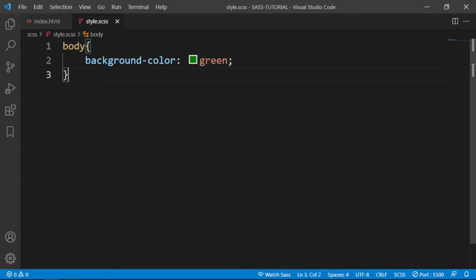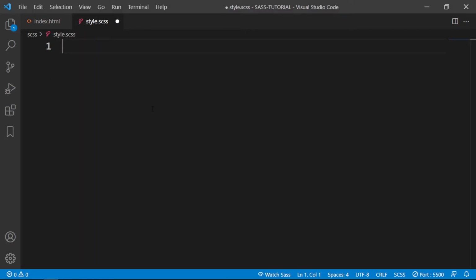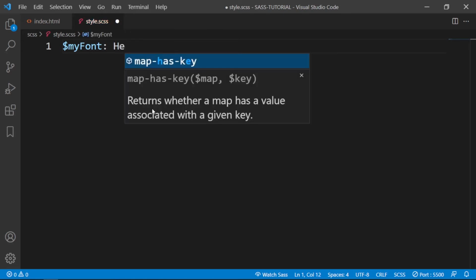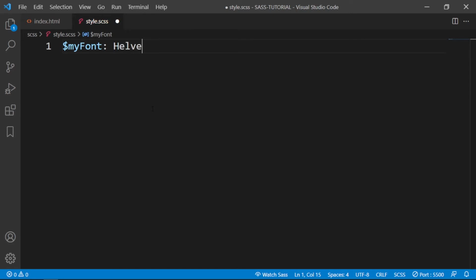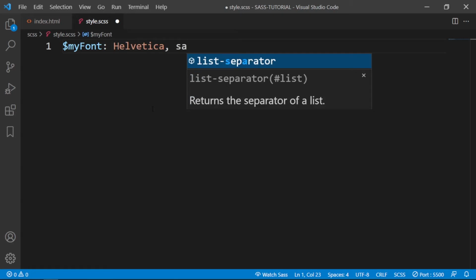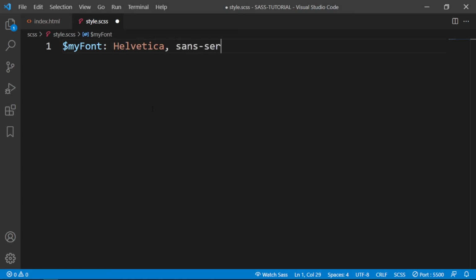Now let's click on the style.scss, and I'm gonna define here a couple of variables. Let's say $my-font, Helvetica, sans-serif, semicolon. Next line, I'm gonna define here another variable, $my-color